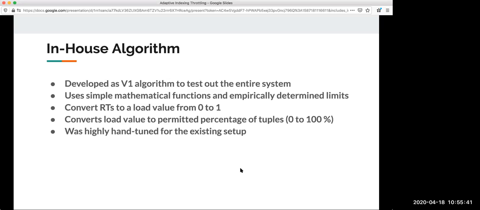The only drawback with this was, there were two drawbacks. The first drawback was it is working on percentages, which is not a very natural way of looking at updates. It just says, let's stop 75% of the updates, or let's allow 75% of the updates, which doesn't tell us anything about the number of updates, which is actually what affects the systems. So that is one drawback in this approach.